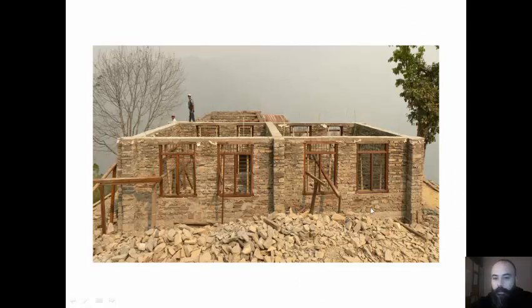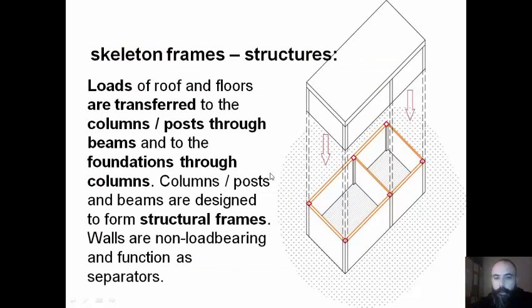Like in this picture, the stone masonry structural system of a building, all the loads that will be imposed on this building structure will be met and transferred to the ground by the whole walls, all these stone walls. However, in skeleton frames, loads of roof and floors are transferred to the columns or posts through beams